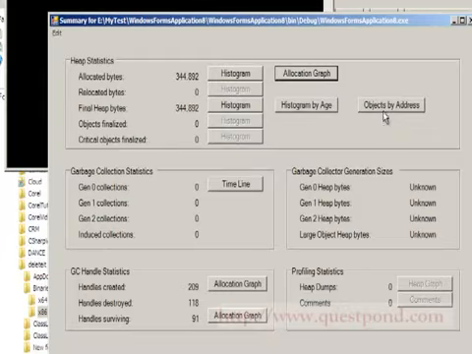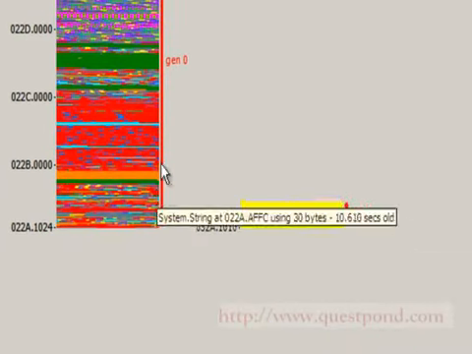Now, if you go to objects by addresses, you will see a nice visual graph showing the generation 0 objects. That's right, because we have created 1000 objects, and all of those 1000 objects are in generation 0 at this moment. In this way, you can view the different kinds of generations and how many objects are allocated in which generation.